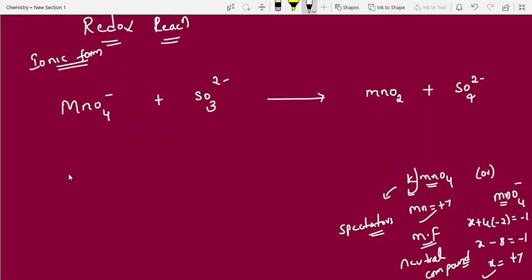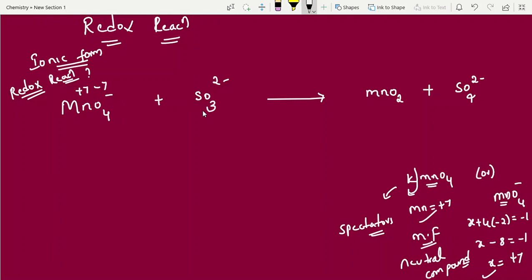So now what I am asking here is, is it a redox reaction or not? Please calculate and tell me. Redox reaction or not? Can you try? See, 4 2s are -8. So how to calculate? I gave shortcuts. Please go through the channel part 1, part 2. Then here finally I am writing, this is +7 oxidation state.